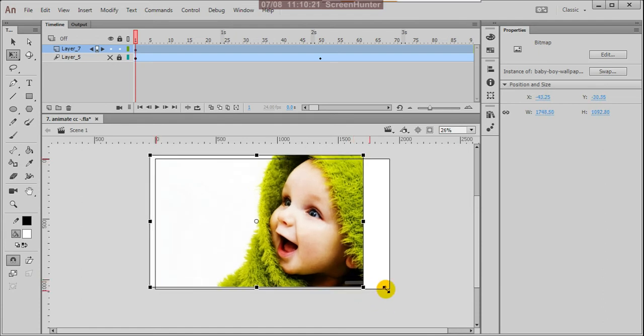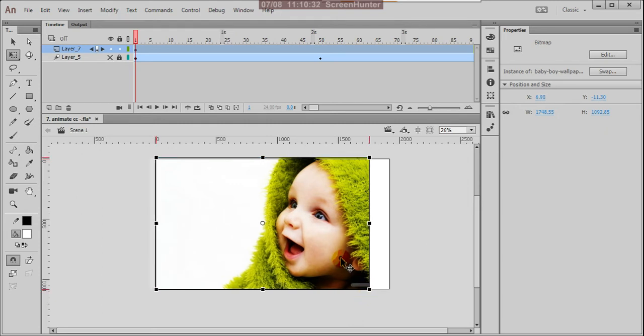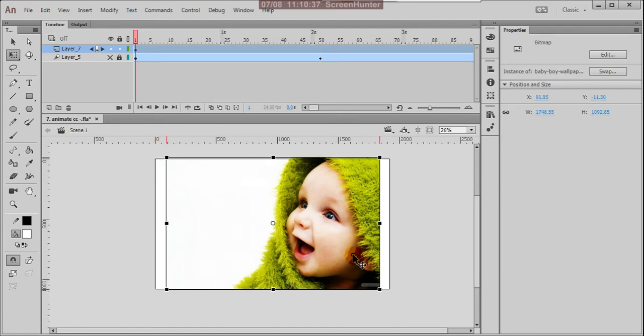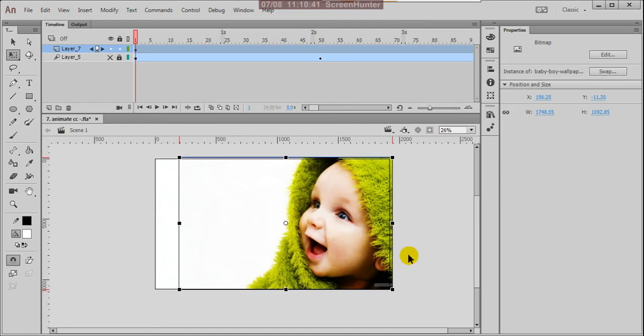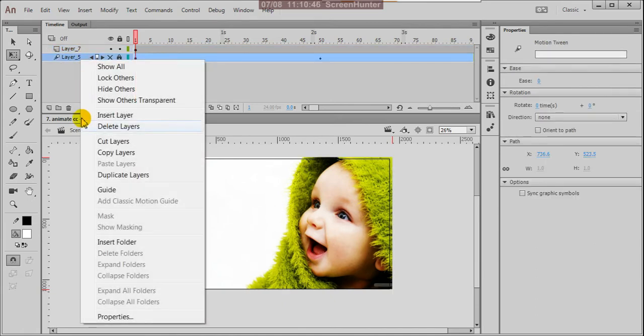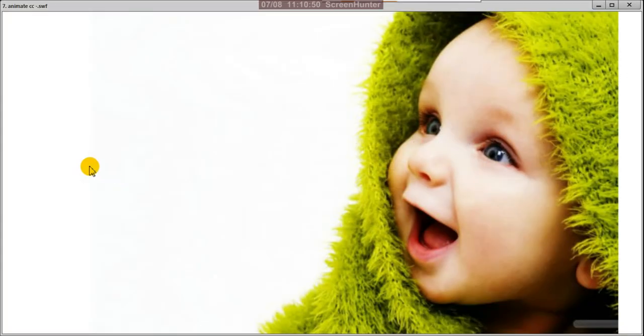Suppose this is the size. Here it can be. Suppose I want to see the space, how it is occupying.